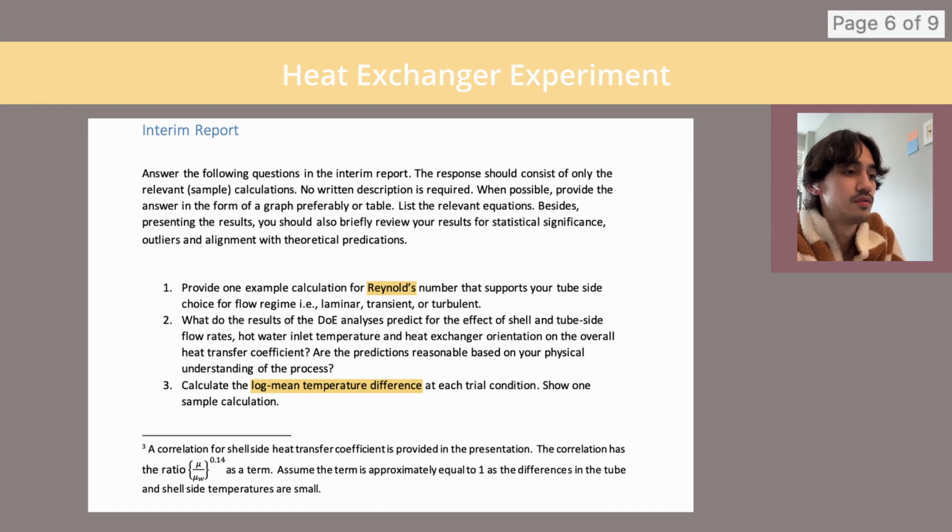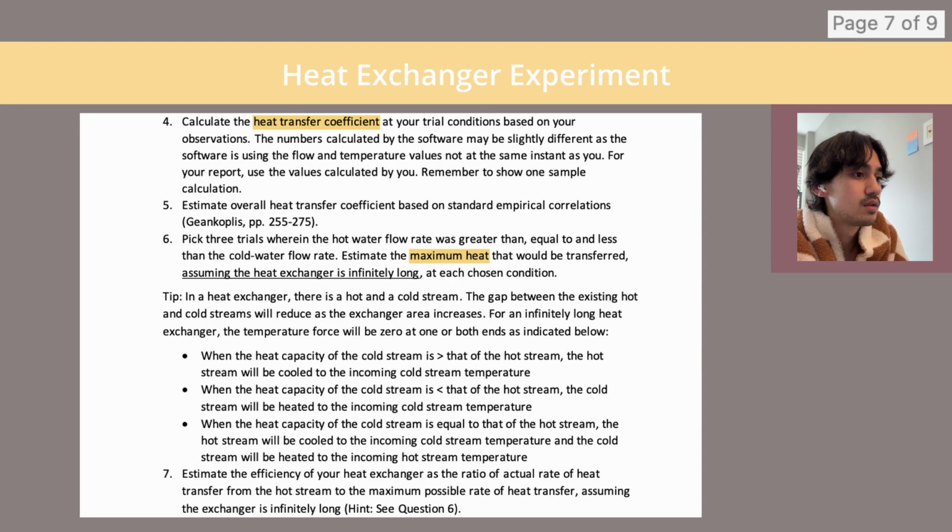And then 4, calculate the heat transfer coefficient at your trial conditions based on your observations. The number calculated by the software may be slightly different as the software is using the flow and temperature values not at the same instant as you. For your report, use the values calculated by you and remember to show one sample calculation for the heat transfer